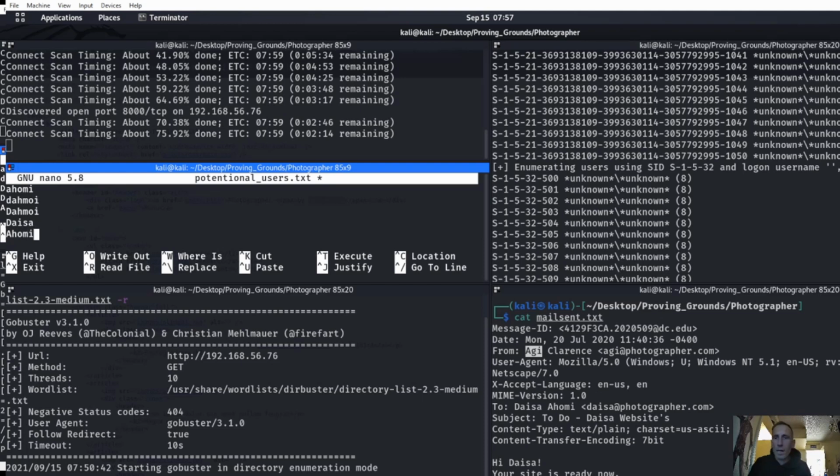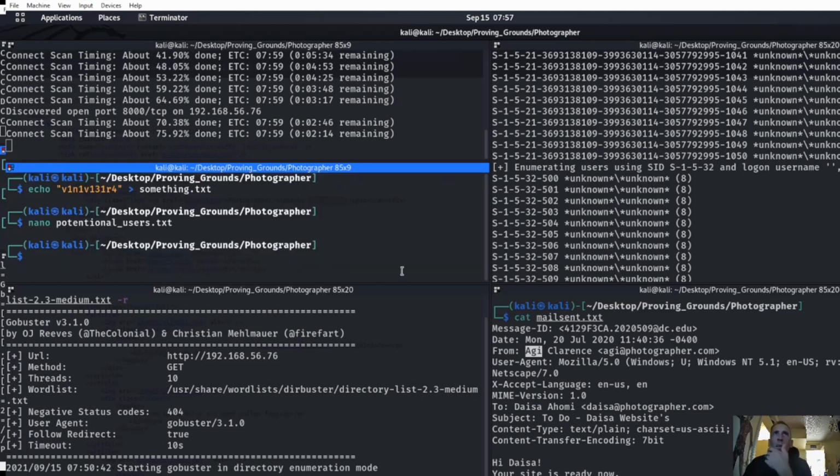Do something like that, just to make a quick user file or something like that, and we'll see if we get anything in there. Now, let's go ahead and